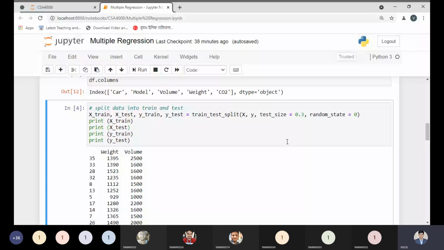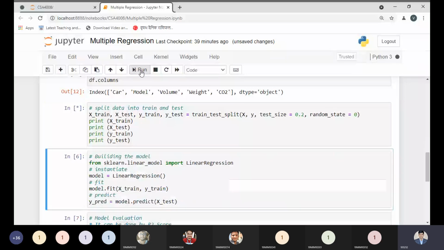20%. So you can write 0.2 or you can write 20%. How can you write 20% of a total 100%? 20% can be written as 0.2. That means we are choosing a test size of 20%. And random state says that random information will be chosen from the actual data set. So testing data size will be 20% from random selection. Okay, so I'm choosing this, and the rest of the 80% data will go to the training data.